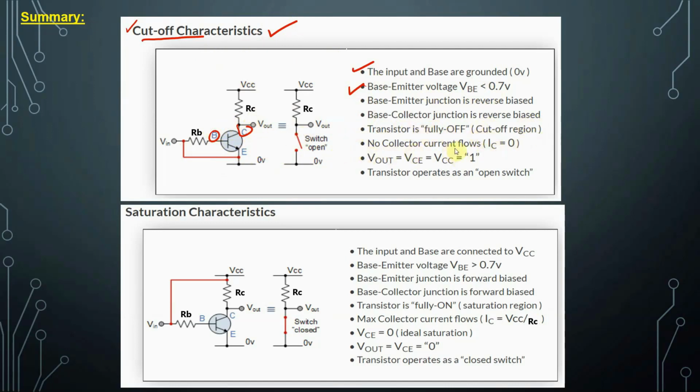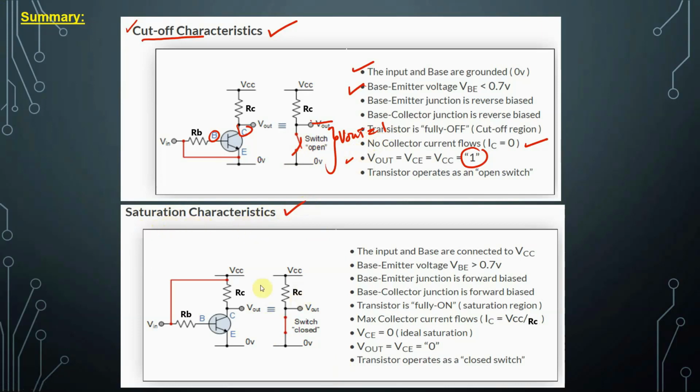In the cutoff region, no collector current, IC equal to 0, and the VOUT is equal to VCC, let's say 1. What does it mean, 1? 1 means there is output from this terminal. So when this is open, right, VOUT, so the switch is open, we can obtain a voltage here, right? We will have a VOUT here. Okay, let's say we call this the VOUT equal to 1 when this is open. If this becomes short, there will be no output here. So VOUT will become 0. That is the other case, when saturation,